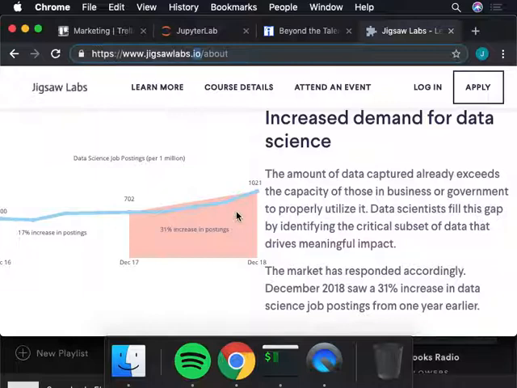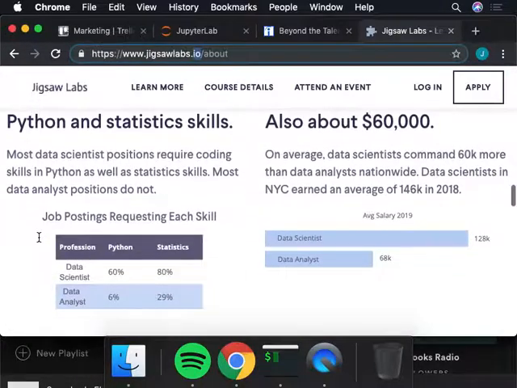So companies sit on all this data, and what they don't have is people to harness it. If you work in a startup or a tech company at all, you probably feel that. In terms of data scientists, from 2016 to 2017 the increase in job postings was 17%, and then that number basically doubled the next year. From 2017 to 2018 it was 31%. You can see this profession is taking off.